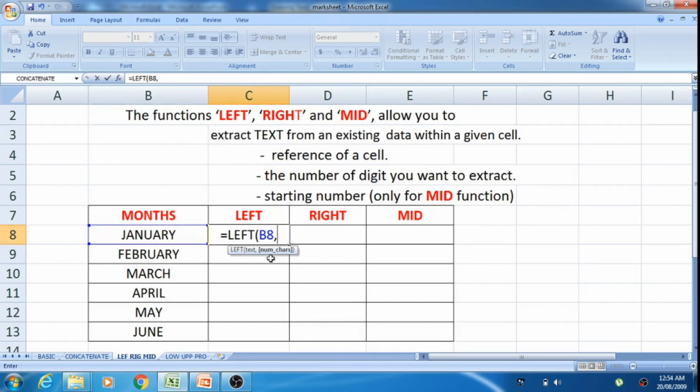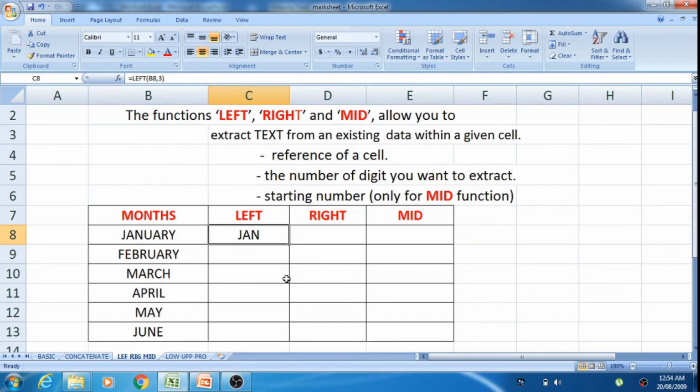Next it is asking me for the number of characters, how many characters I want to extract. Since I want JAN, that is 3 characters, type 3 and then press enter. See, now what is getting displayed? JAN, that is, the 3 characters from the left side are getting displayed over here. Understood? Now I want the same thing to apply to the rest of the entries.